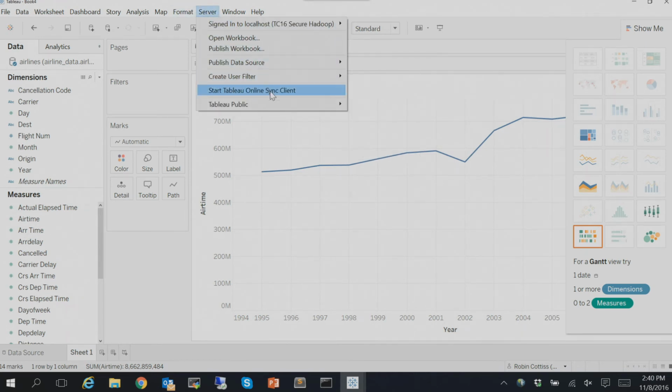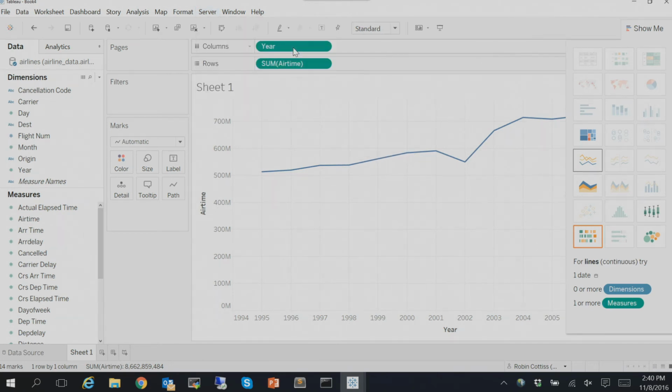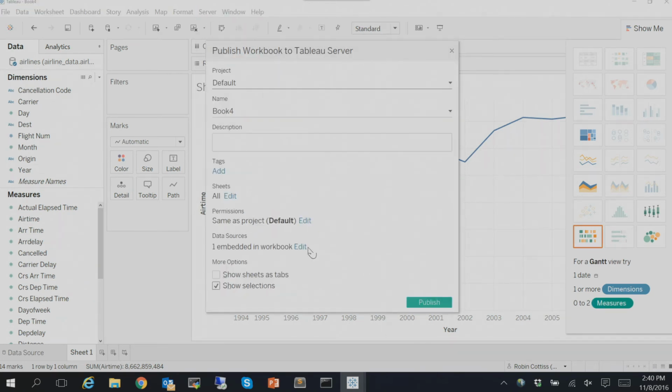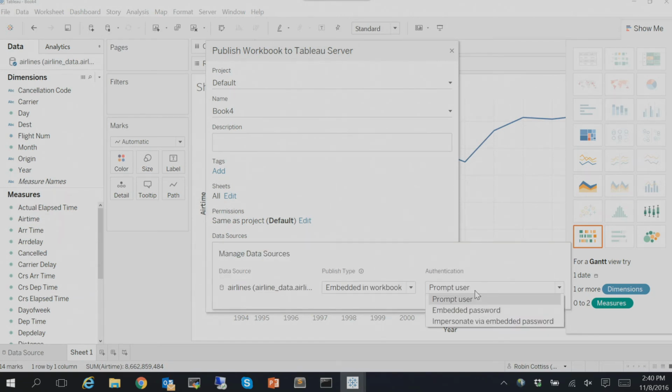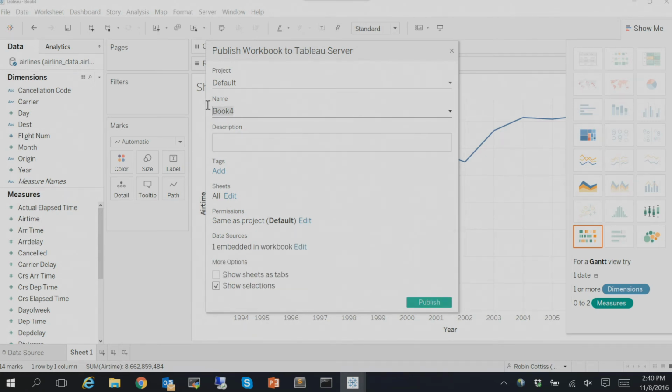I actually remembered my connection, but when I go to publish the workbook, and it would be the same for publishing the data source, I'm going to get the options that I talked about for LDAP. So let's take, we'll just do this. We're probably not going to go through all of the combinations because we're running out of time, but that's the impersonating with embedded password. So when I publish that,